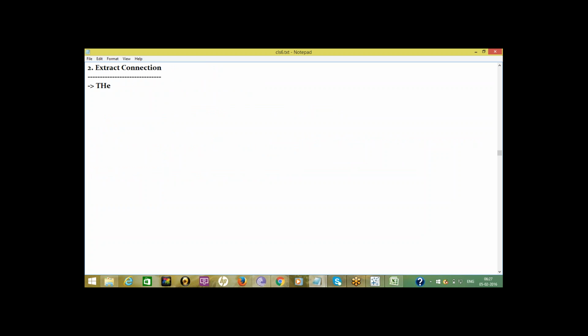Okay, the second type of connection in Tableau is extract. Live means whatever the source may be, if you click on refresh, data will be updated.